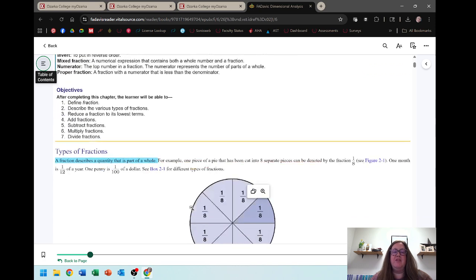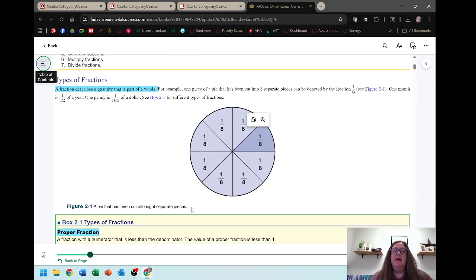So some things to know about fractions, I'm going to go through the chapter here, is the different types of fractions. Now, a fraction essentially is a number that is describing a part of a whole. So you see this illustration, it's a circle that's divided into equal parts, and there are 8 equal parts. So the fraction, the top number, which is known as the numerator, describes how many parts, and then the bottom part is